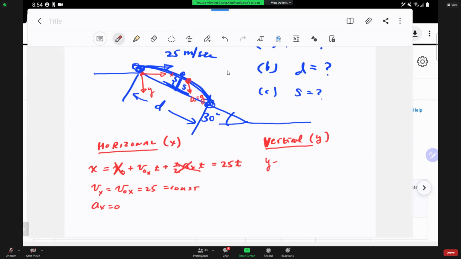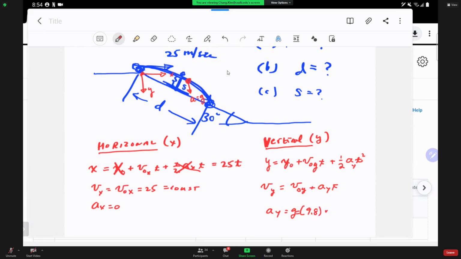The vertical direction is going to be y naught plus v naught y t plus 1/2 a y t squared. And the velocity y is equal to the initial velocity y plus a y t. And a y is g, in this case,